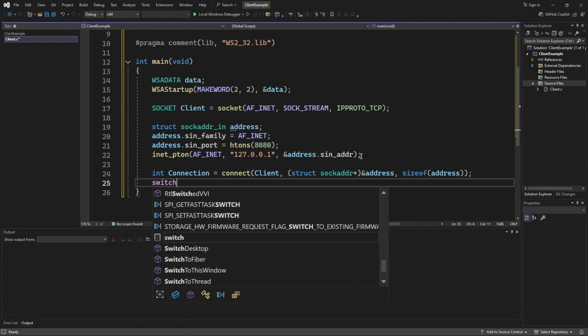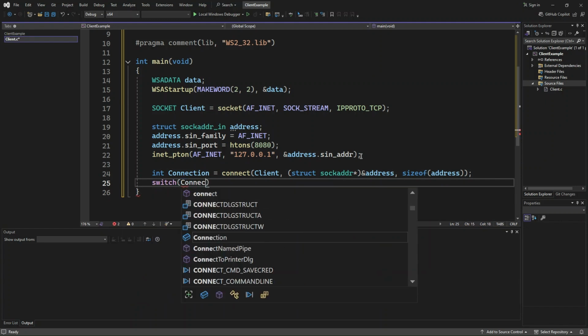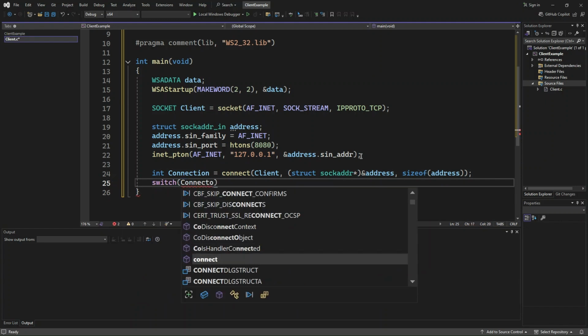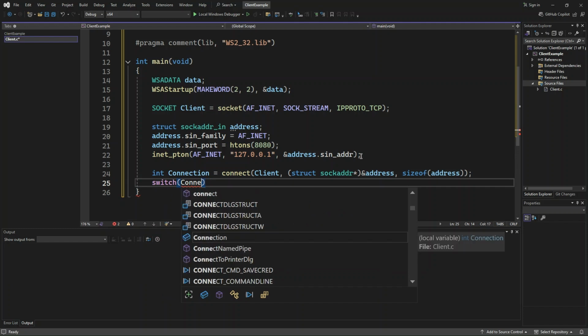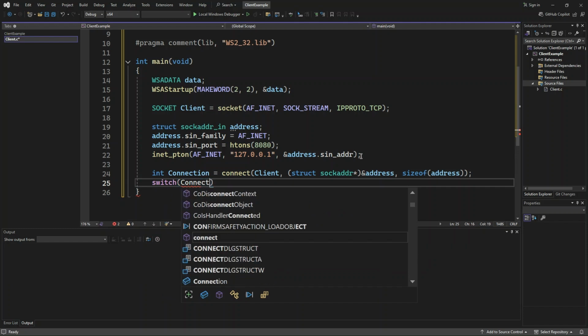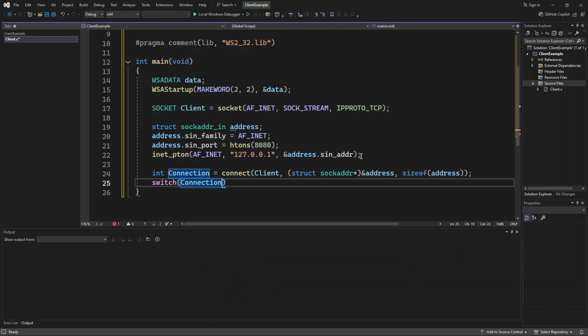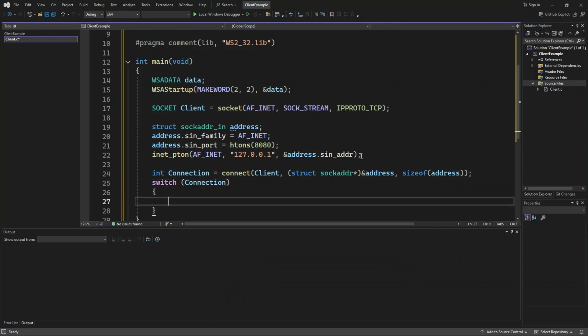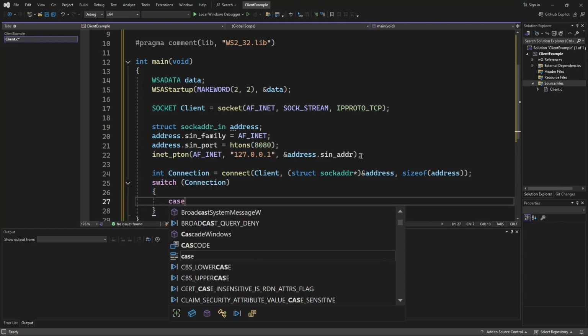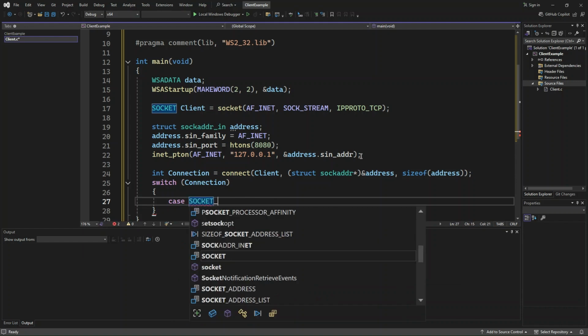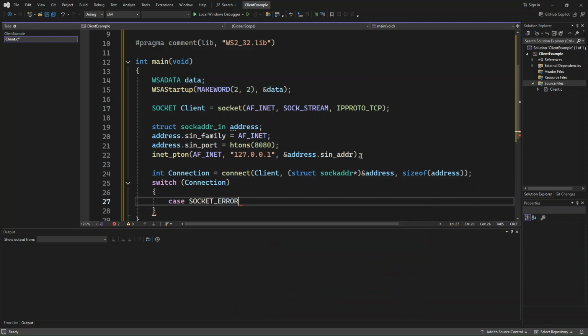So we're going to do switch connection. Wait, hang on a sec. There we go. And then we're going to do case SOCKET_ERROR,